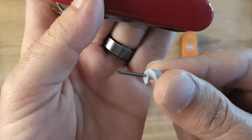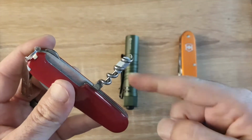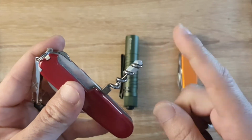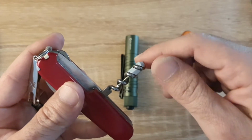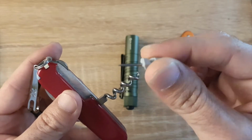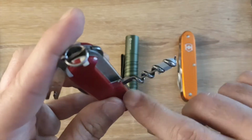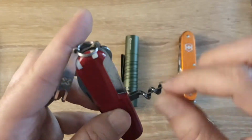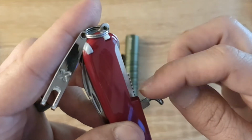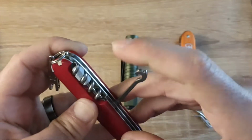It comes with the flathead, but I do have some spares, because most Swiss Army knives that have the corkscrew don't come with the tiny little flathead screwdriver, which is also called an eyeglass screwdriver. It comes with a straight pin right here, so you can take the pin out and use it if you need to. It also comes with the